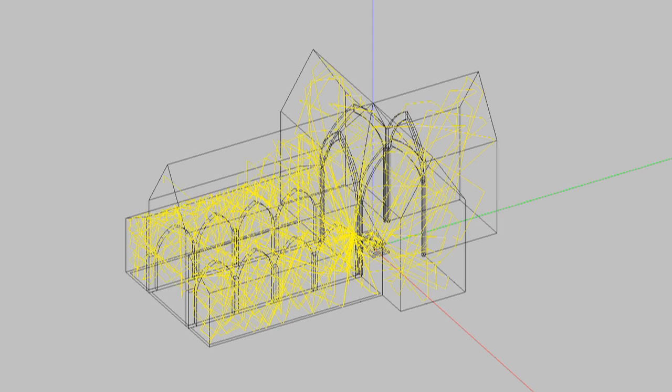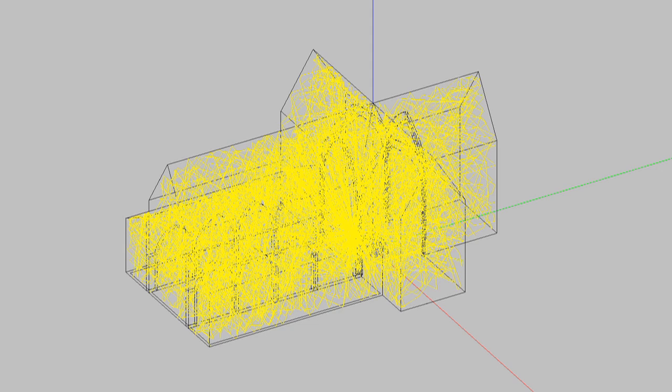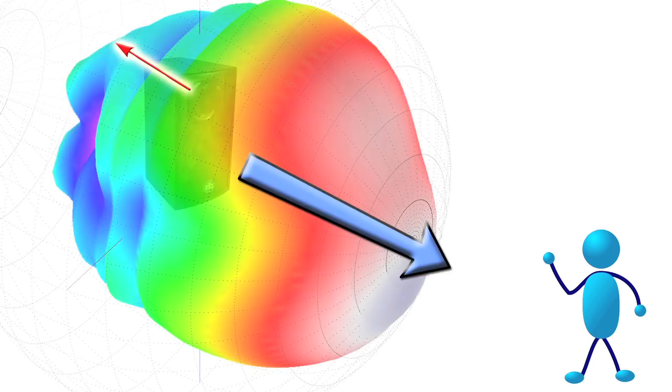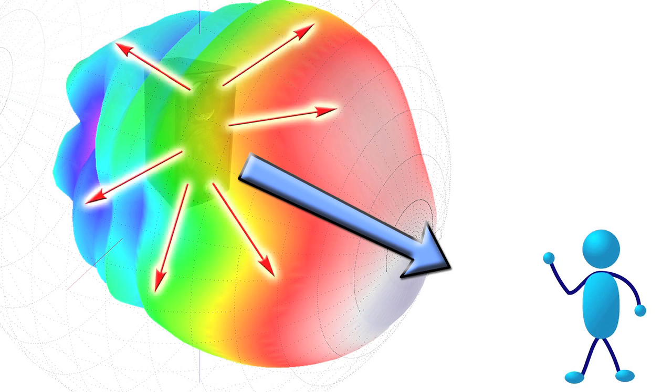All of these reflecting sounds combine and build up to form a noisy environment where it is extremely difficult to understand spoken word. We have all experienced this in places like churches, transportation centers, large atriums, and other similar acoustic environments. Traditional loudspeaker sources produce sound that mostly goes toward the listeners, but also in other directions. This non-useful sound becomes the source of unwanted reverberation noise, which only gets worse as you get farther from the